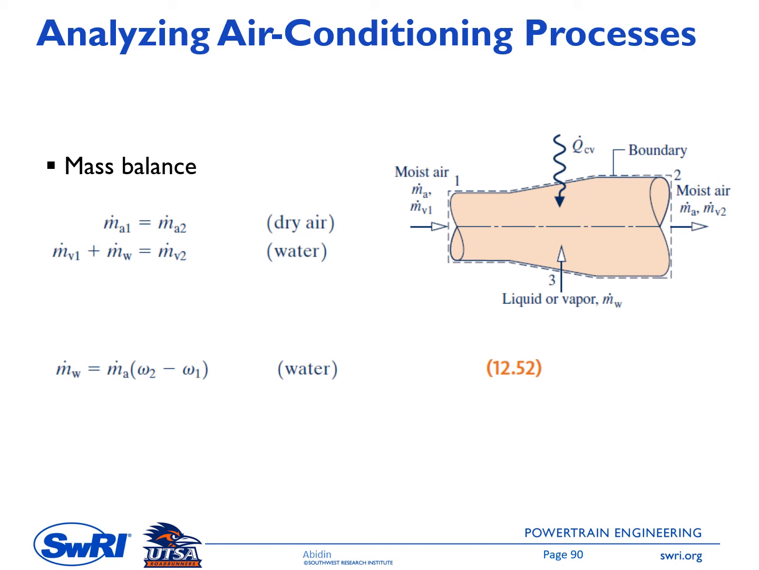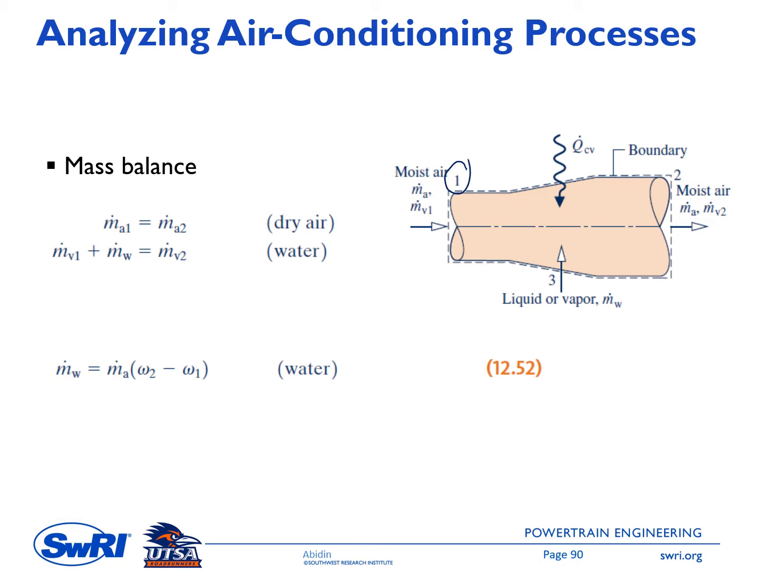Next one is analyzing air conditioning processes. The figure on the right side shows a schematic of the system. This is an open system, so a control volume system. We have moist air entering from the left at state 1,